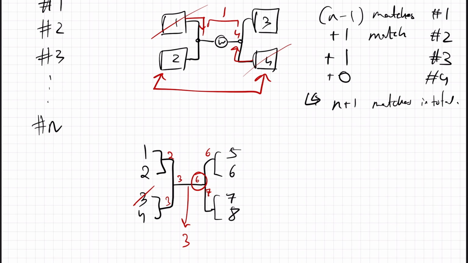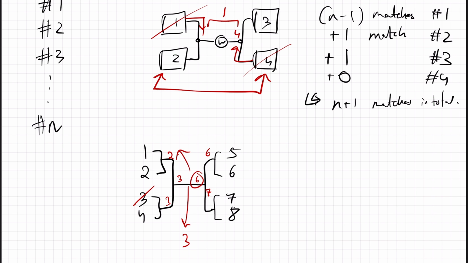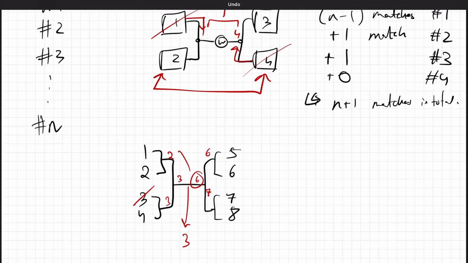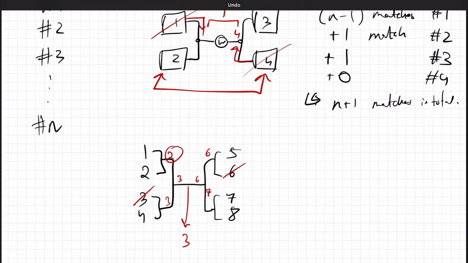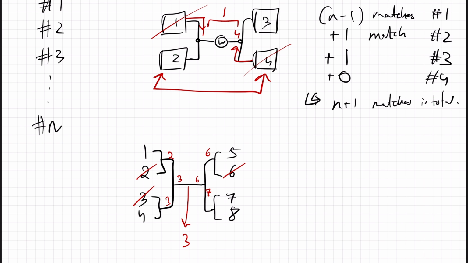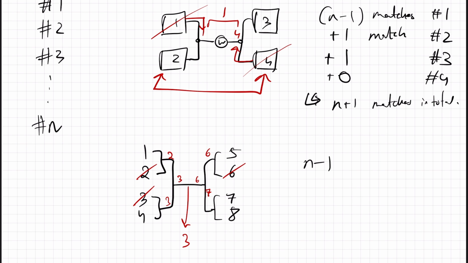Now we need to play 6 against the second best here. So 6 would have to play against 2. And let's say 6 wins that. So now 2 needs to play against whoever is the remaining best on the right side, and that might be 7. Let's say 2 wins that. Now 7 plays against, well, so let's probably keep track. So we have n-1 matches there to determine number 1, then to determine number 2, we played another one, then to determine number 3, we played another one.